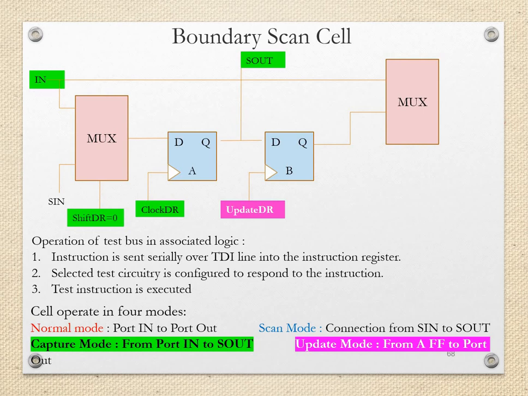Now in the multiplexer again we have that mode control signal. That mode control is now to be set to logic 1 so that the output of the second flip-flop will be selected and then given as the output. And this signal is given to the internal logic. So we take the signal from the outside world. It is available, that signal will be captured in the capture mode, and now in the update mode that same signal will be given to the internal logic. So the combination of capture and update mode is used for updating the signal from the outside world to the internal logic.